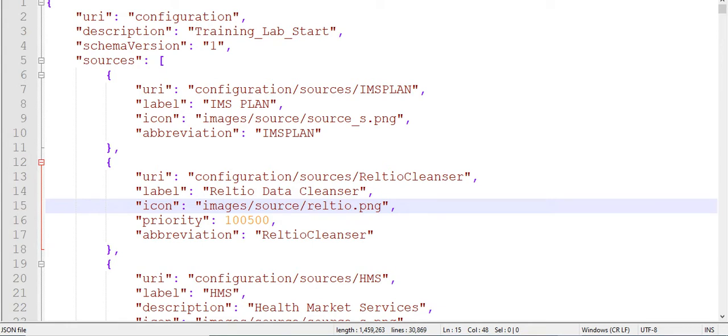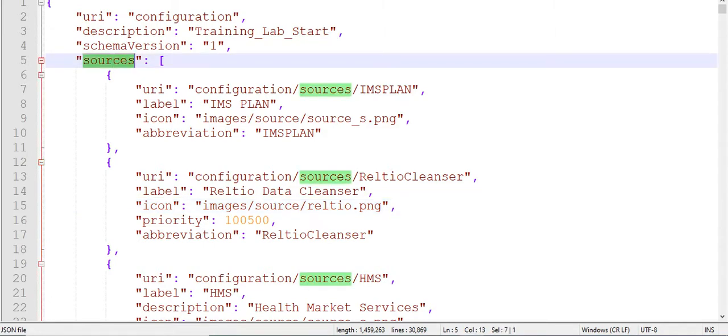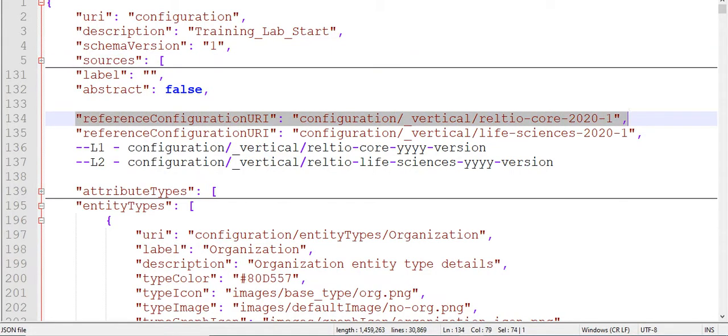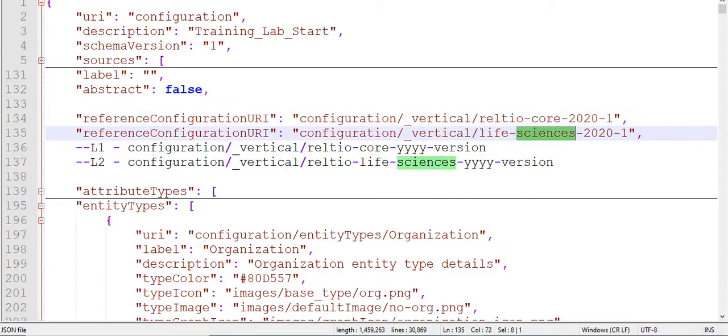Okay, I will show you how to create an entity type. But before going to that, I also want to tell you about this reference configuration URI, that core or any vertical for